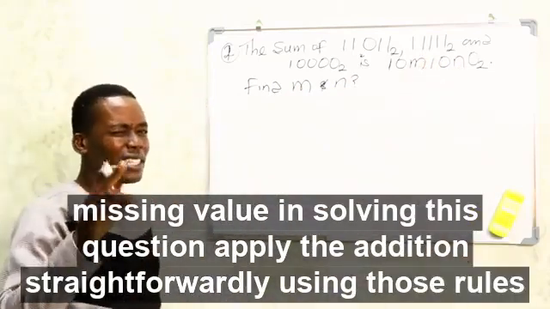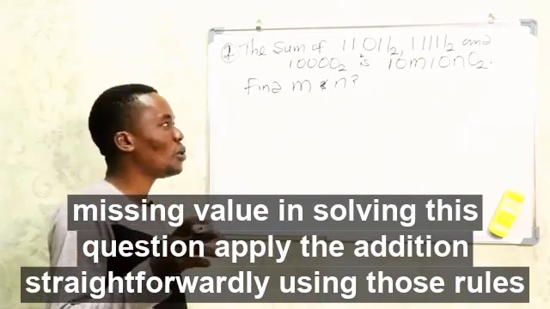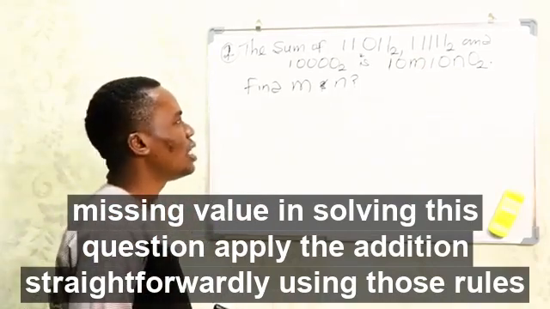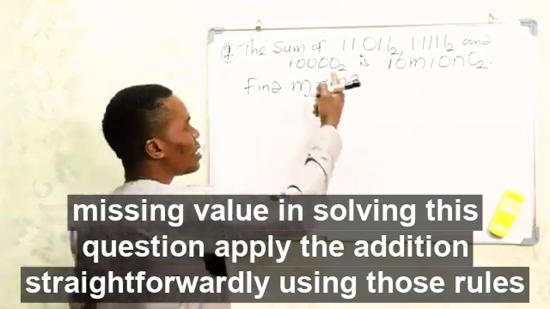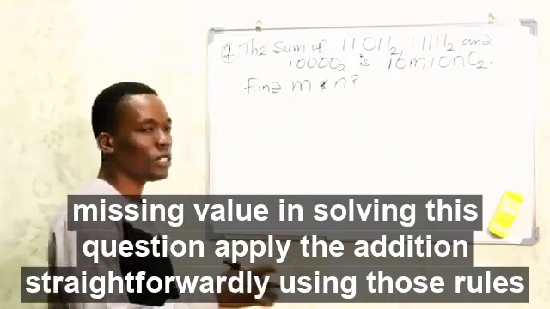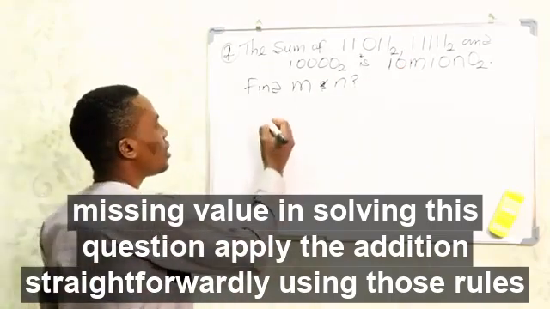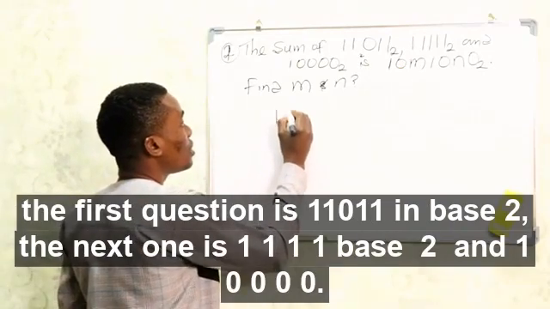Now we are going to look at keynote 5. That is the addition rule. Now let's apply the addition rule in solving this question. Now remember what I told you. Once you are given these, they are all in base 2. We can go about our addition straightforwardly using those rules. Now let's bring out the questions. We have the first question is